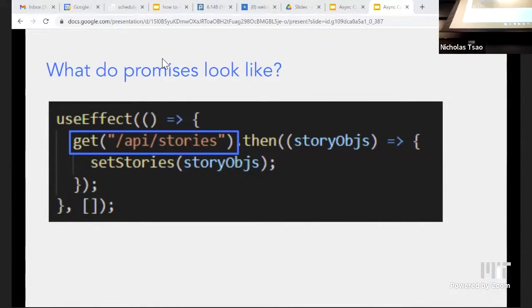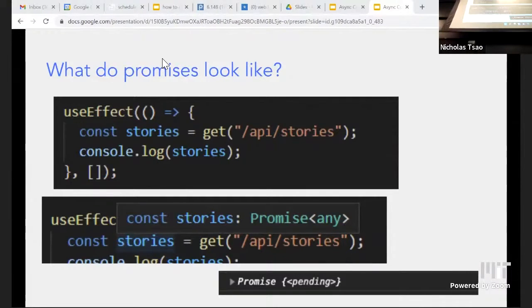But in this case, I've just taken that get function and isolated it, and it says const stories equals get API stories. So I'm just defining what that variable is, and I'm going to console log it. Now it turns out if you have VS Code, and I believe some other editors do this as well, if you mouse over the stories variable in your code editor, you will see something like this,